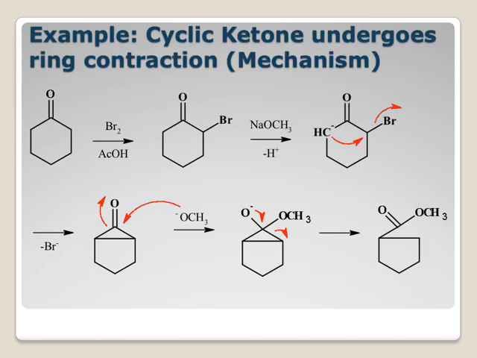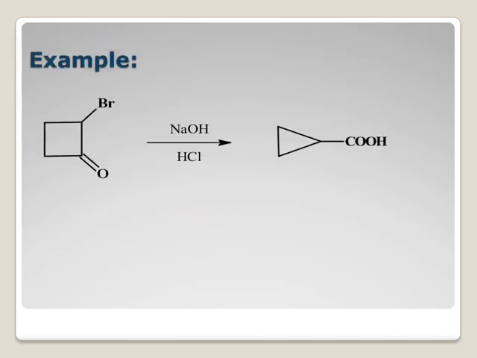This is another example, similar kind of reaction, but here instead of sodium alkoxide, I have used sodium hydroxide. So here two kinds of mechanism are there. Either this base will abstract the proton from this carbon atom, then the carbanion will get generated, that will attack on this carbon having bromine. Bromide ion will leave the molecule, we get this intermediate cyclopropanone, and then ring opening reaction will take place.